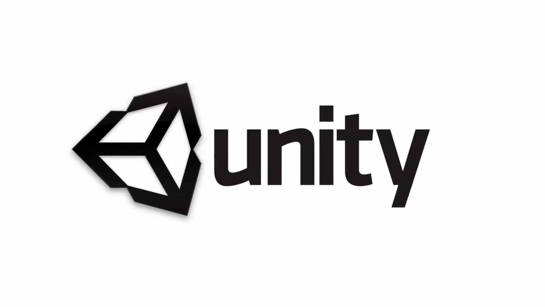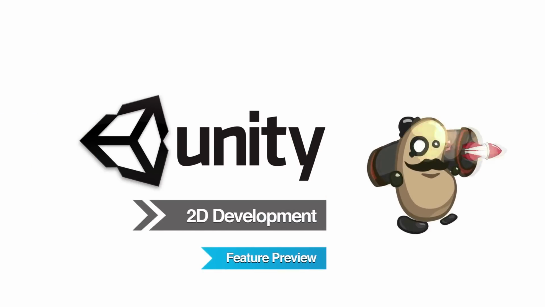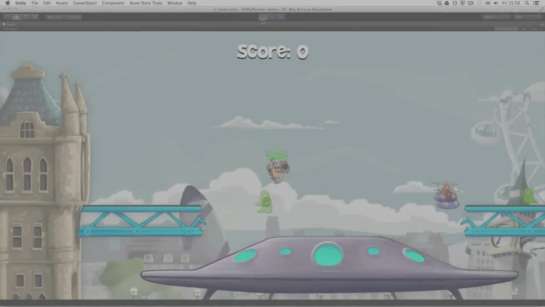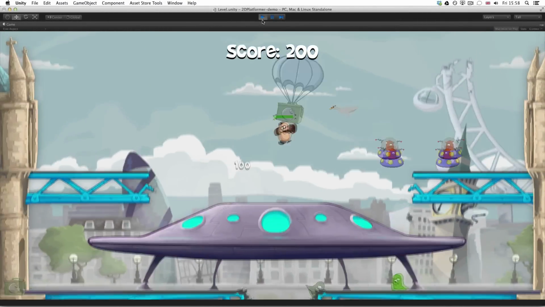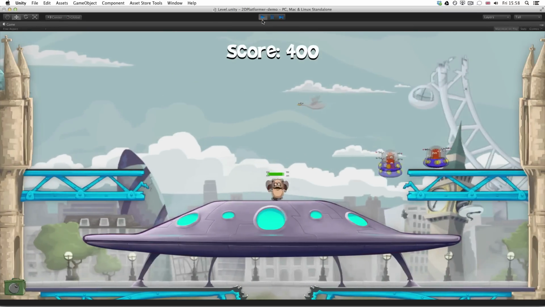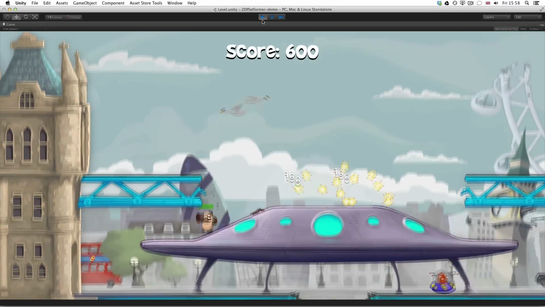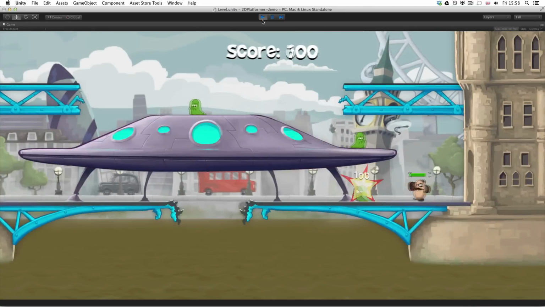In Unity 4.3, we're launching our first set of 2D features. To complement this, we've constructed a demo project with these tools. Our 2D platformer is nicknamed Tower Bridge Defense. It depicts London's Tower Bridge in the midst of an alien invasion. It's a completely sprite-based, physics-driven 2D sample level that we hope will help you understand how 2D games are put